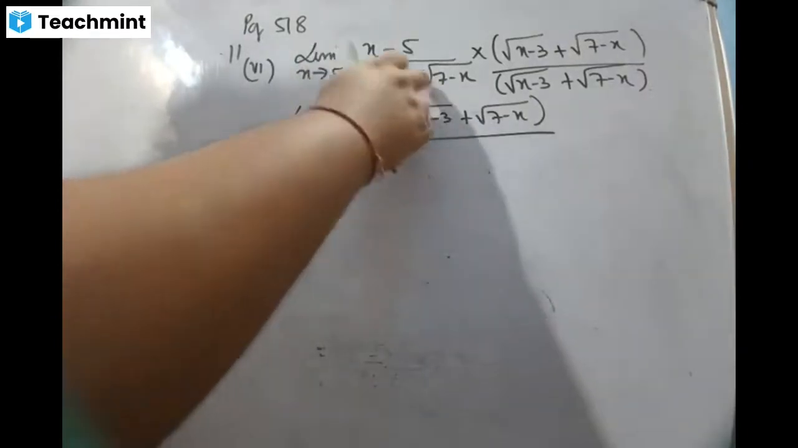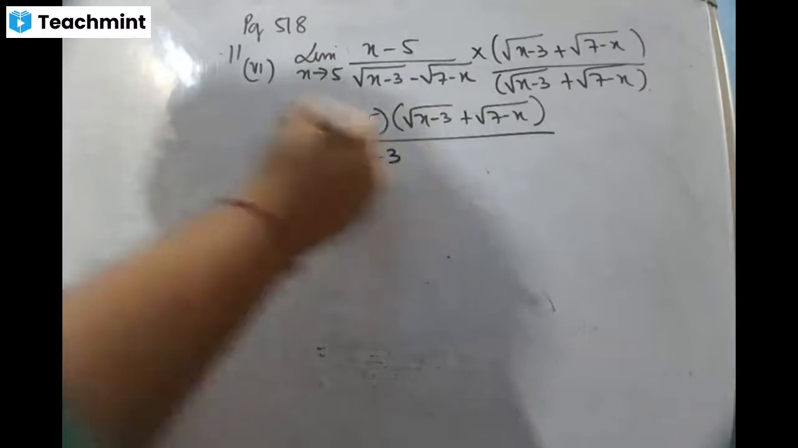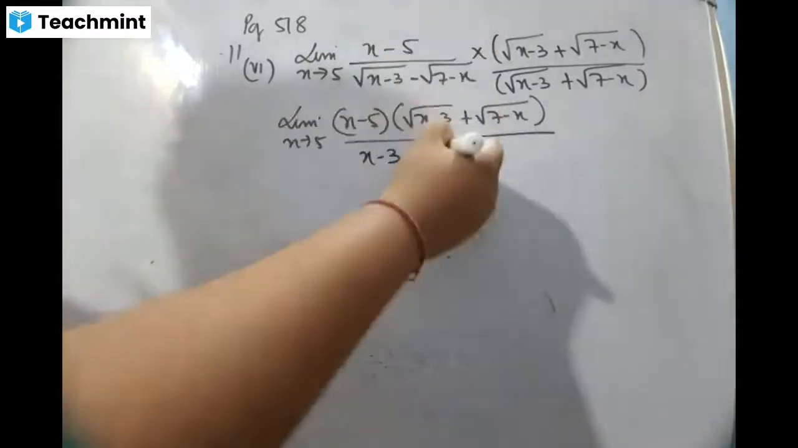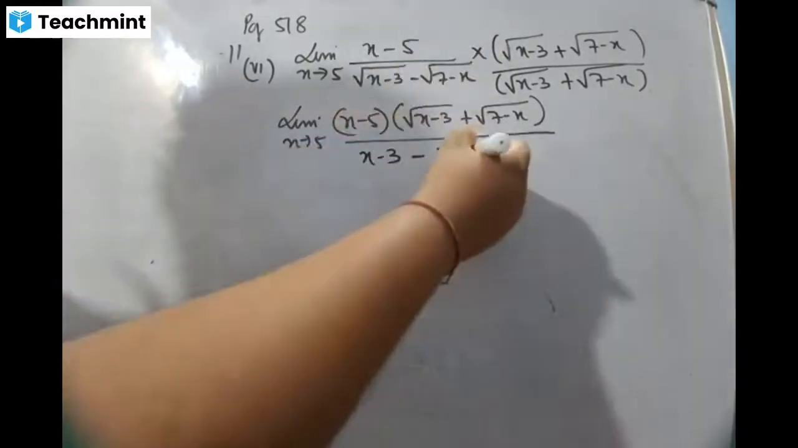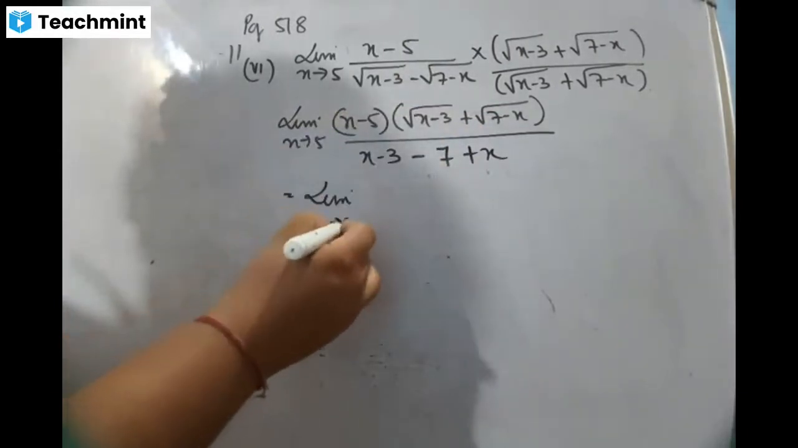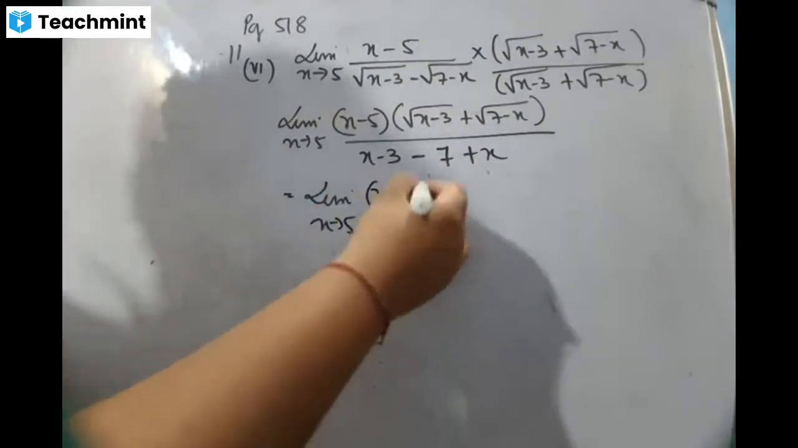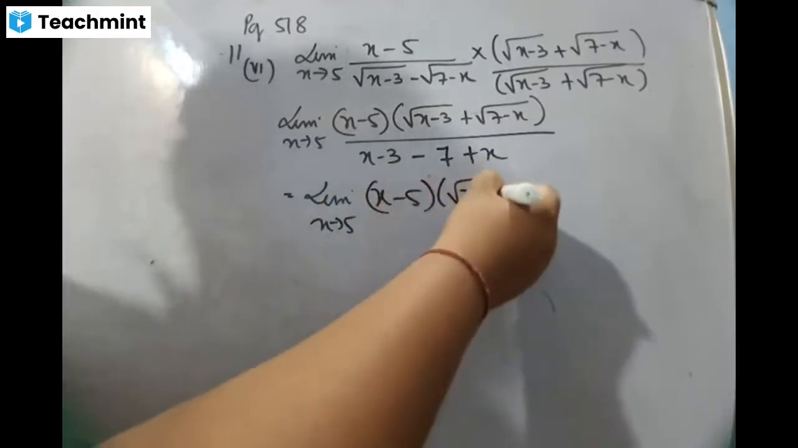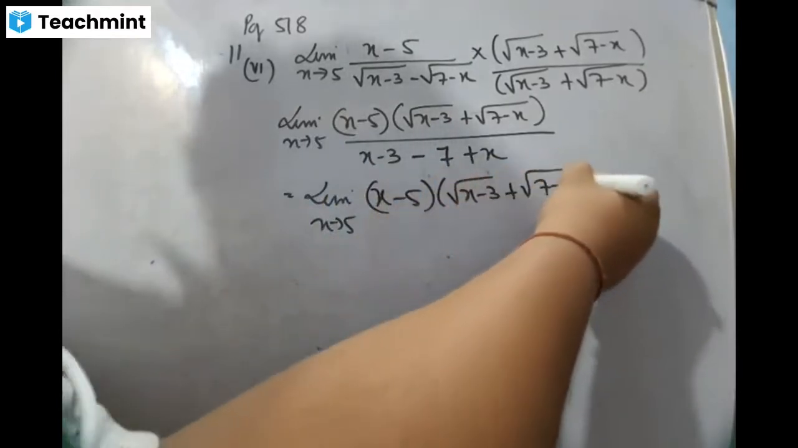This is a, this is b. So square and root gets cancelled. So you get x minus 3 minus square and root gets cancelled. So 7 minus into minus is plus x. So next line, limit x tends to 5, x minus 5 into root x minus 3 plus root 7 minus x divided by,